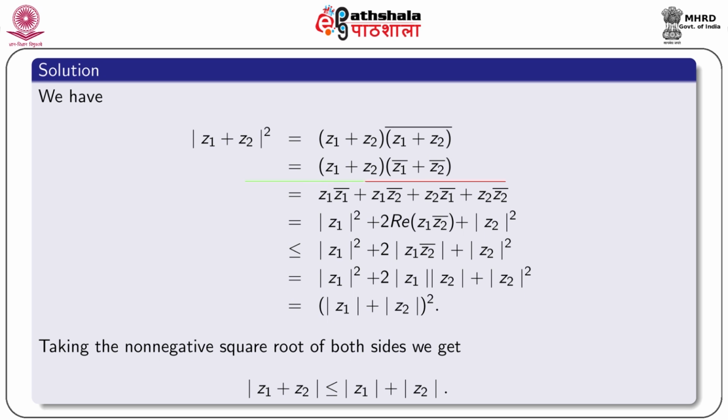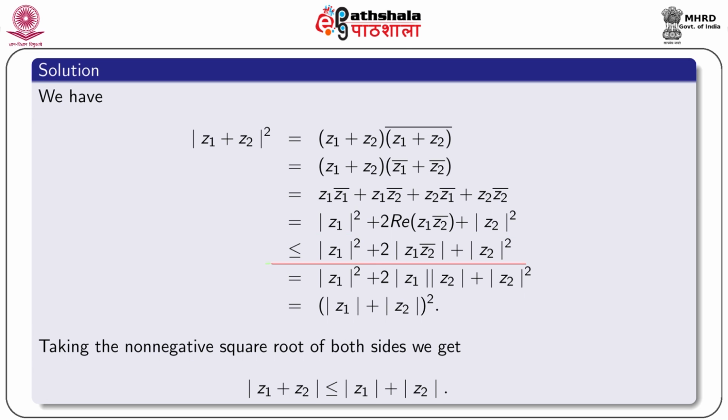So, this equals (z1 plus z2) into (z1 bar plus z2 bar). Then we just multiply and get z1 z1 bar plus z1 z2 bar plus z2 z1 bar plus z2 z2 bar, and that is equal to mod z1 square plus twice real part of z1 z2 bar plus mod z2 square,